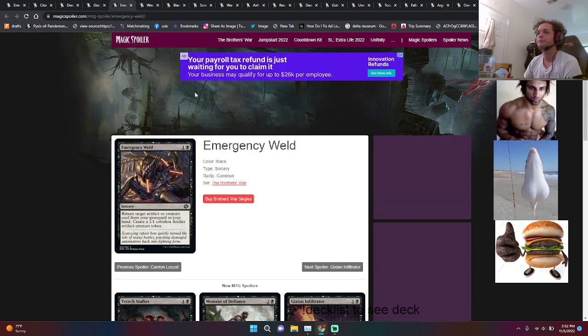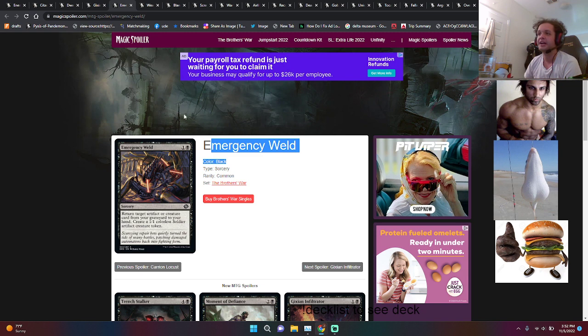So yeah. Emergency Weld. This card is kind of interesting. I'm not sure what would actually want this, but it's 2 mana. Return target artifact or creature card from your graveyard to your hand. Create a 1/1. So I'm not sure. This could maybe see play in some sort of Skyfisher deck, but I guess it's probably not better than